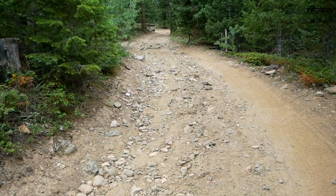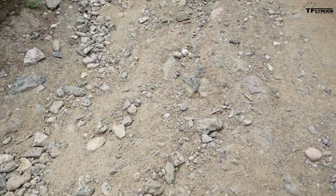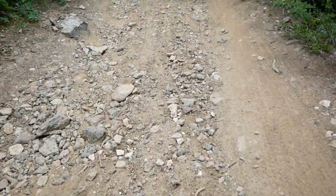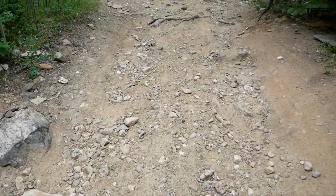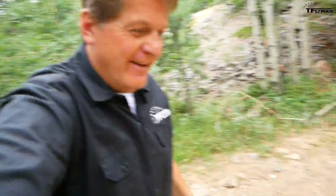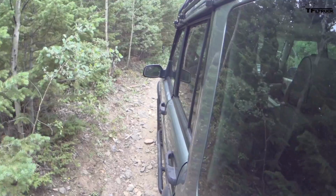Goldmine Hill kind of looks like just a dirt road, but it's really hard to show how steep something is when you're on video. I promise you, walking up this is hard because it's steep and rocky. I dare you to bring your Civic up here. Give it a shot. Now there's just something about a big old V8 in a large SUV that's just so